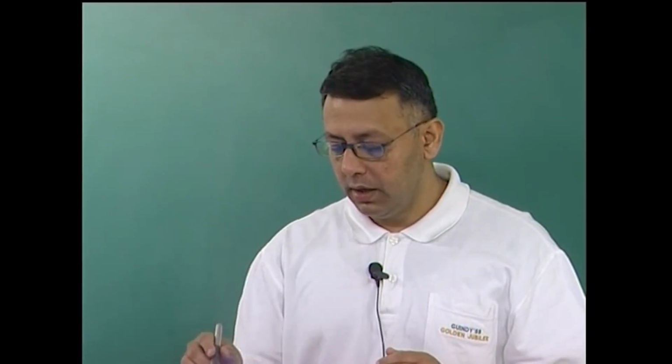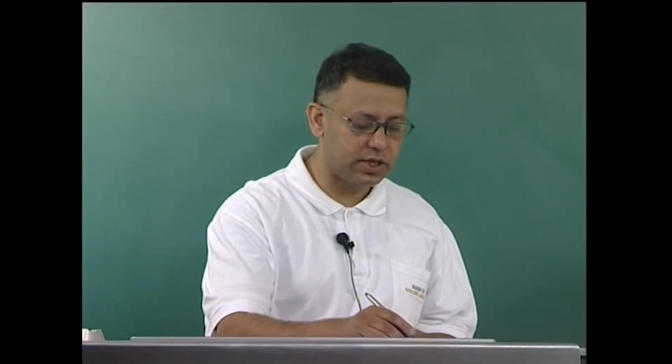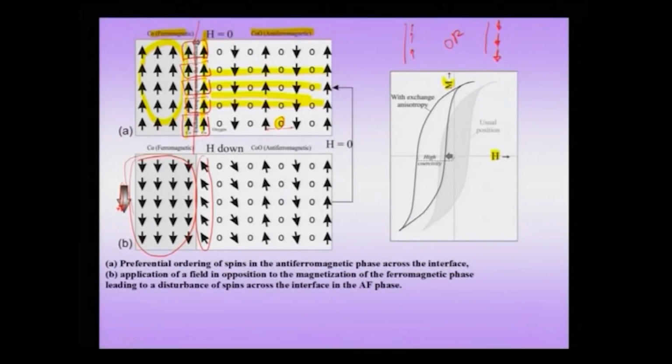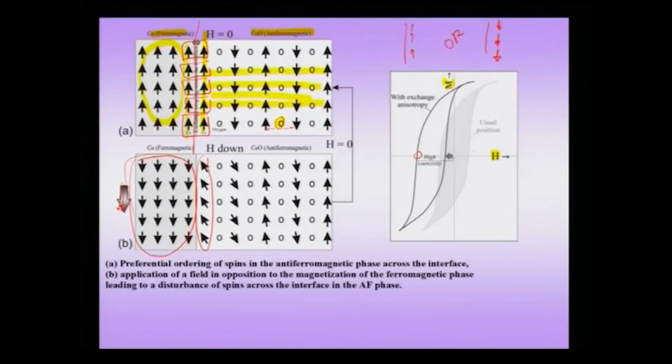That implies that these spins sitting across the interface will somehow try to tell its neighbors in the ferromagnetic phase not to switch its spins, directing towards the magnetization direction which is externally applied. That means that there is going to be a large coercivity, a large amount of field you need to employ, so that all the spins start to point in the direction of the field, and this implies that you are going to get a high coercivity in an MH loop. In other words, as we already pointed out, in an MH loop the coercivity is called the intrinsic coercivity. In other words, this is as if the loop originally, which was shaded in gray here, has shifted to the left, and therefore, you are getting a high value of anisotropy.